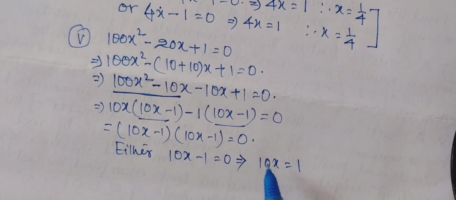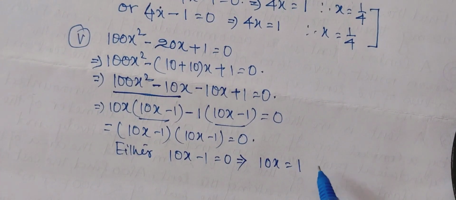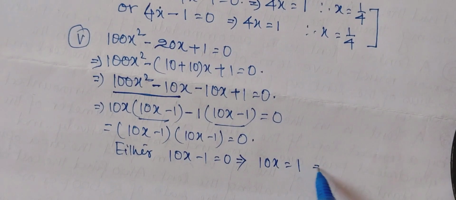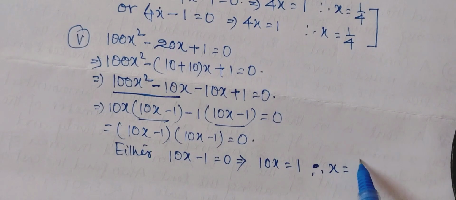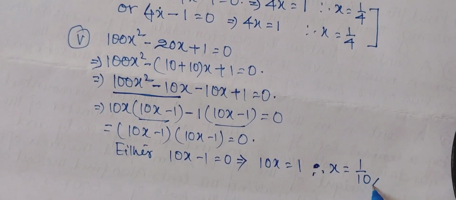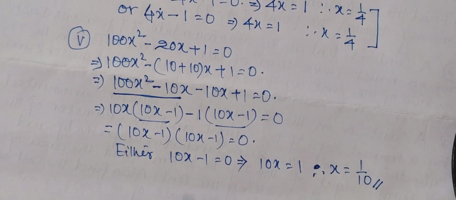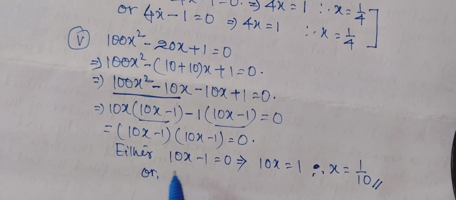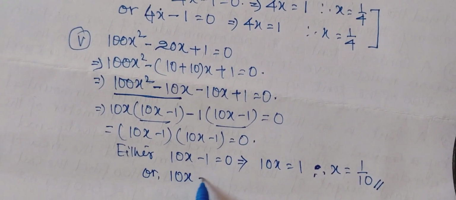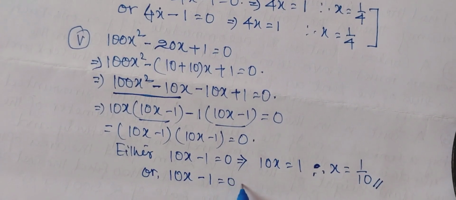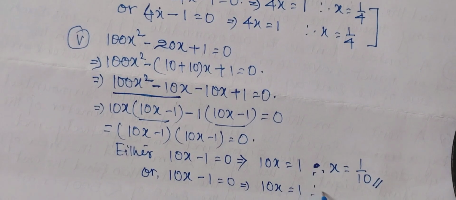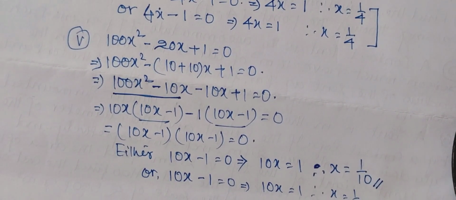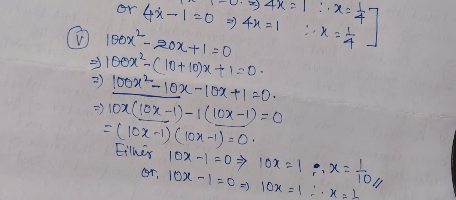Here is minus, it goes to the right hand side, the sign will change, that will be plus. Therefore we simply write here, therefore x equal to 1 by 10. Or second one is same, equal to 0 implies 10x equal to 1, therefore x equal to 1 by 10. So question number 4 and 5 we got the value of x is